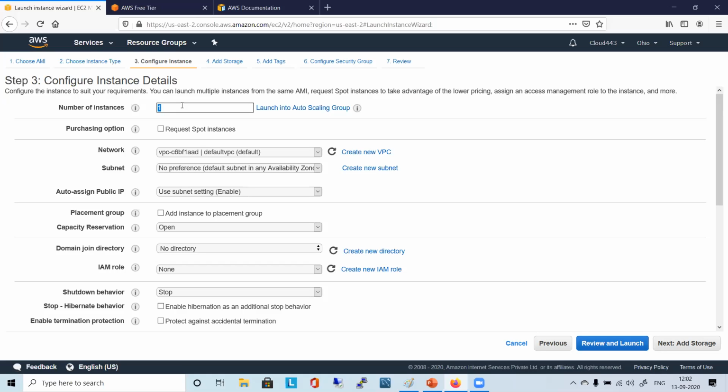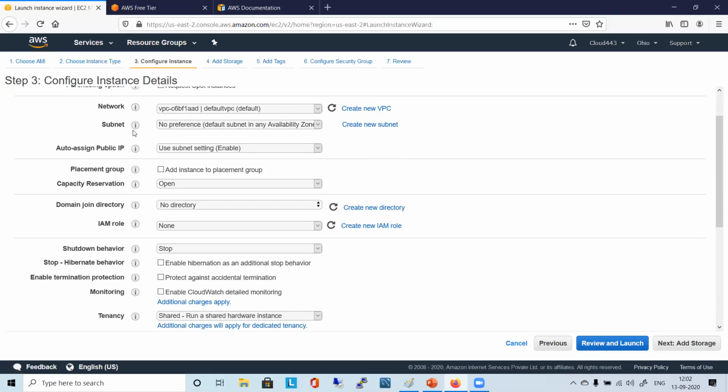So just focus on the number of instances. Only one instance we are going to create. I'll tell you about spot instances, reserved instances and different types of instances later, so no need to choose this. This is just to access our S3. Just remember the goal. Network, you keep it default, and subnet, you keep it default, no preference. Otherwise, if you choose some option here, you have availability zones, the various availability zones we were talking about in a particular region.